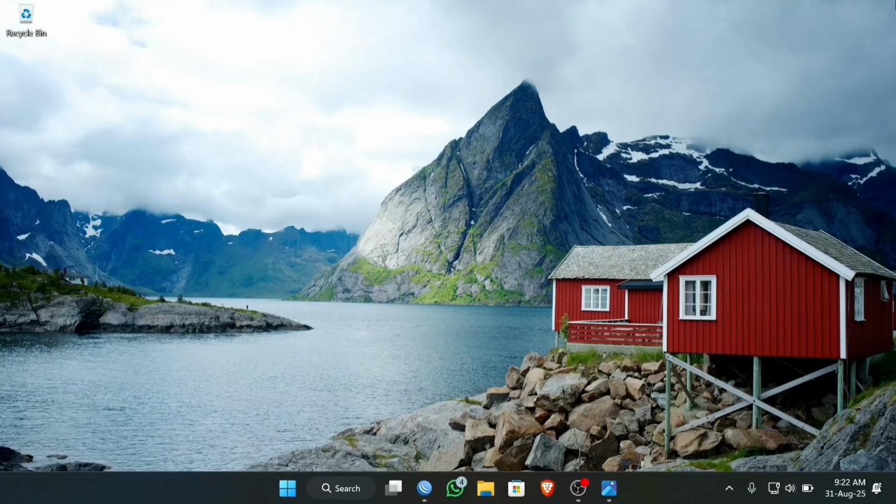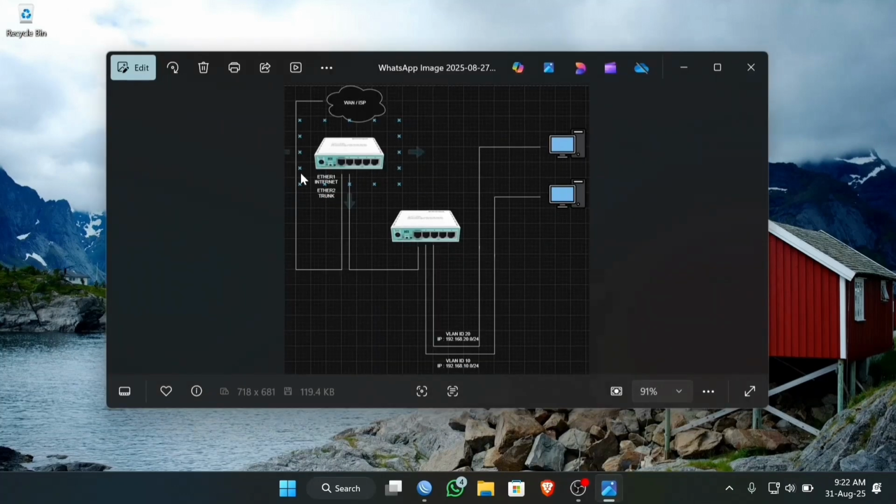And today we are going to tackle a very common and useful setup in MikroTik, that is virtual LANs, and we will use two routers. I will show you the topology. Here we will use two routers, but with a special twist. Our internet source will come from existing Wi-Fi, not from Ethernet 1 like this.